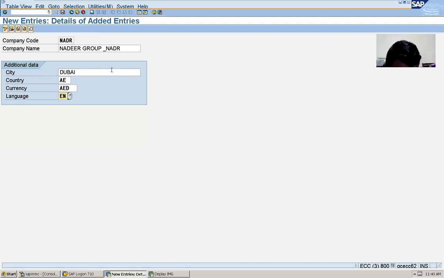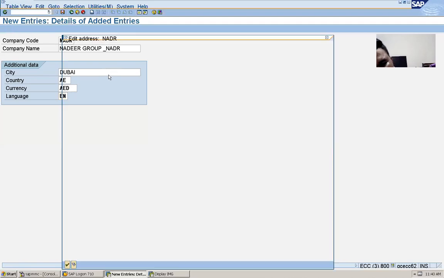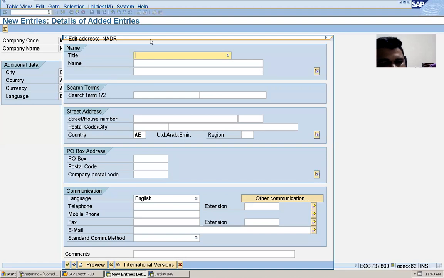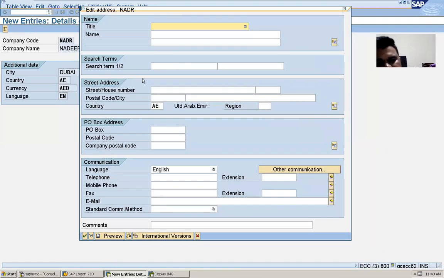Done? Okay. Press save. When you press save, you will get a pop-up like this. Title is equal to company. Name Nadir Group. And this country is important, AE.